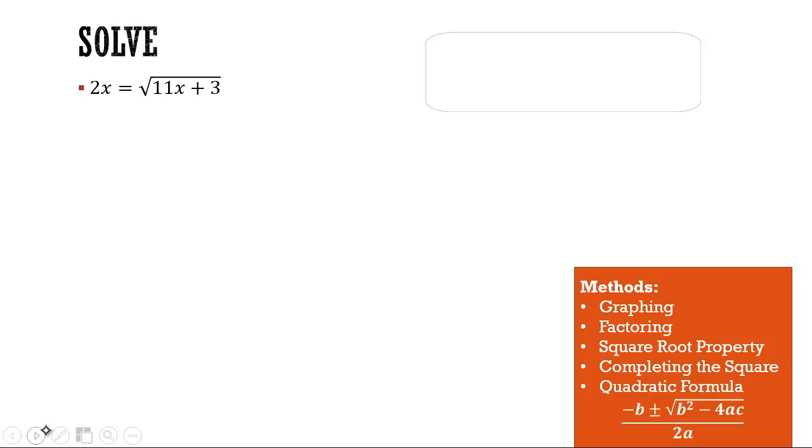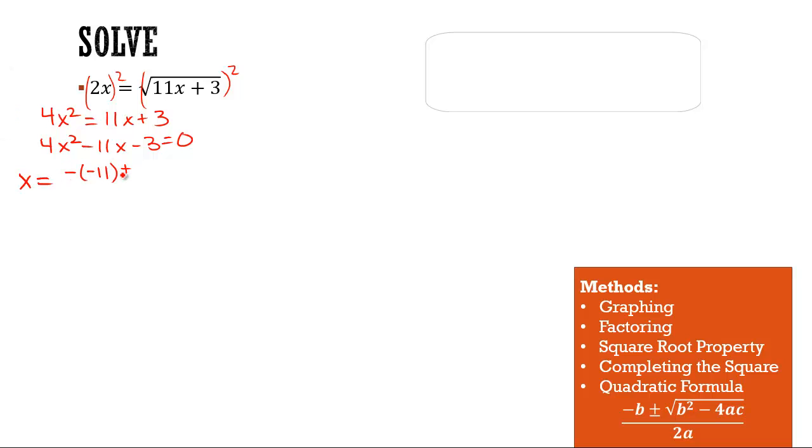Here's another example. So this one here, you've got a square root. So you can actually square both sides right away, and then you get 2x times 2x, which is 4x squared, equals 11x plus 3. And so when we put that into our format, we can now use the quadratic formula. Negative b plus or minus the square root of b squared minus 4ac